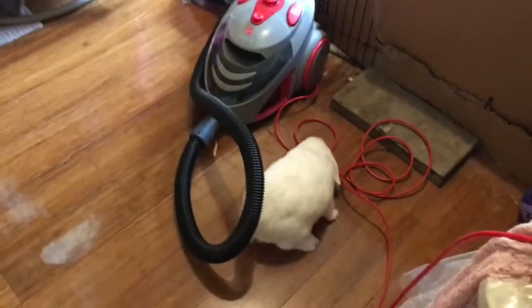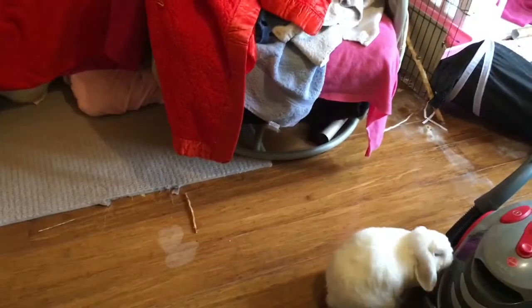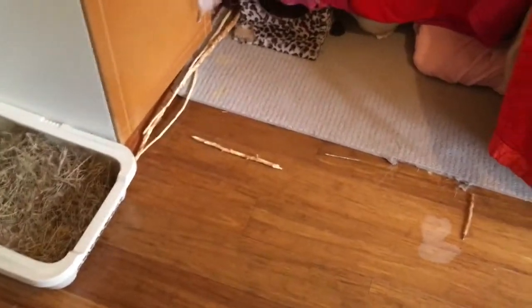So I'm giving their room a really good clean today. Maybe I don't want you to chew the cord, sweetie. Go that way. I've just picked up all their mats and things that were on the floor, shaken them out, and given it a really good vacuum. Mostly because I haven't done that for a while, but also because I've noticed there've been quite a few more hay mites in the...